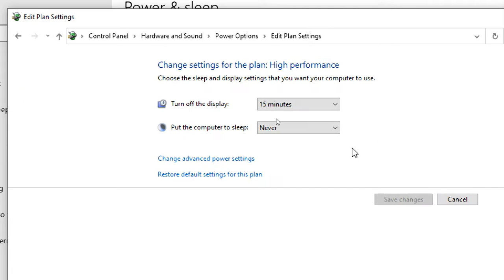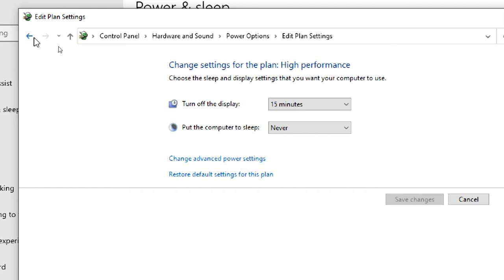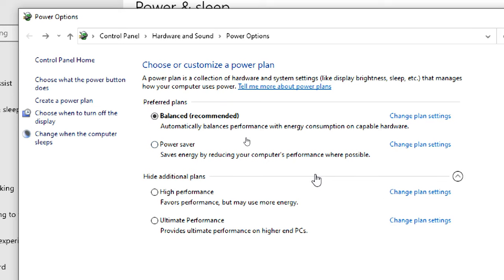High performance: change plan settings for high performance. You can see turn off the display is 15 minutes, and going to sleep is never. It won't go to sleep mode. If you are working with desktops, a desktop doesn't have any battery, so turning off the display or putting into sleep mode is not needed.